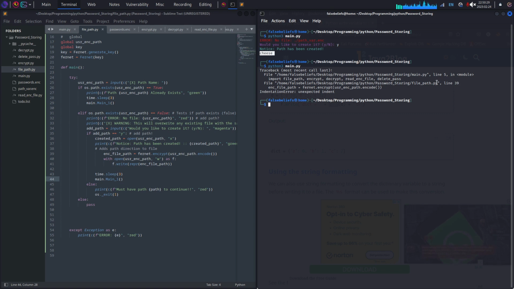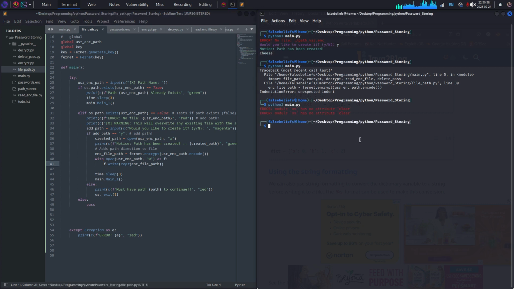Line 5 in module file path. Line 39 unexpected indent. Yes, that is true. I don't know why it indented there. It all needs to be within the if statement. Let's try that again. OS has no